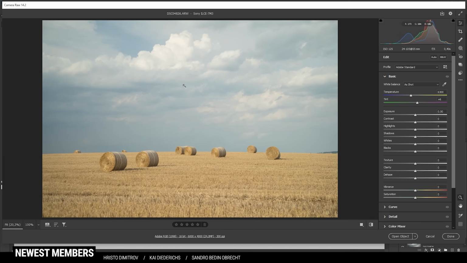The white balance looks quite good since we have some natural colors going on. However, I have the feeling there's a slight green color cast. I can try to fix that by bringing up the tint just a little bit and reducing the green colors